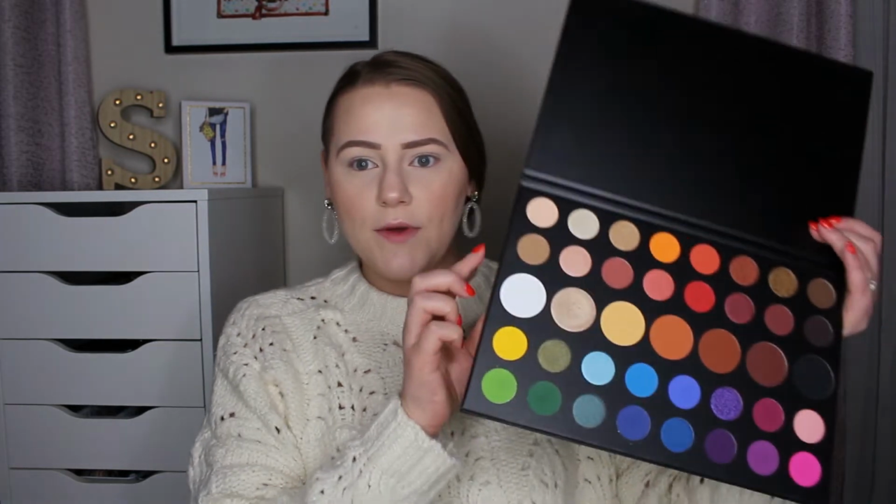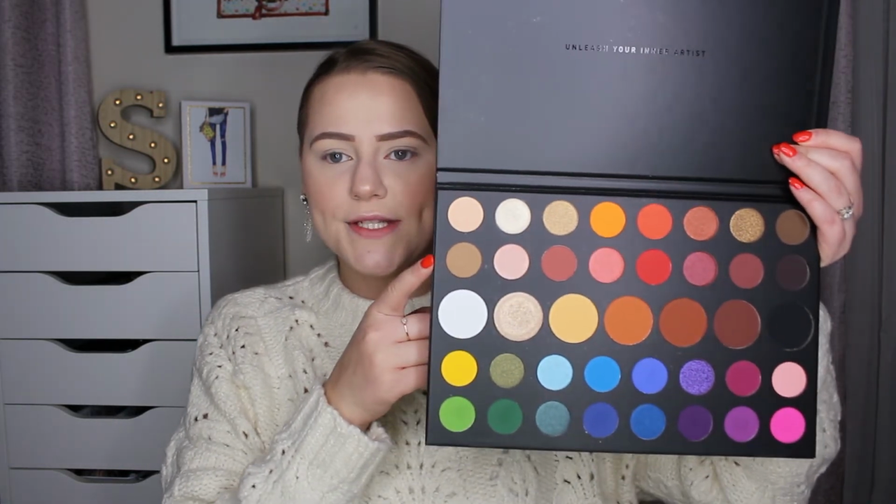So I'm gonna actually go in with the color Punch Me here, which is a really, really nice light tan color. It's just a good transition color. I'm gonna go in on a fluffy crease brush. This is the Sedona Lace EB13 brush, and I am going to blow this color out on the